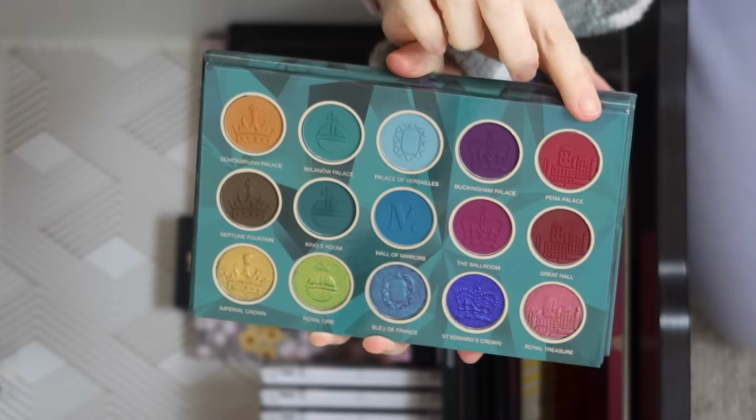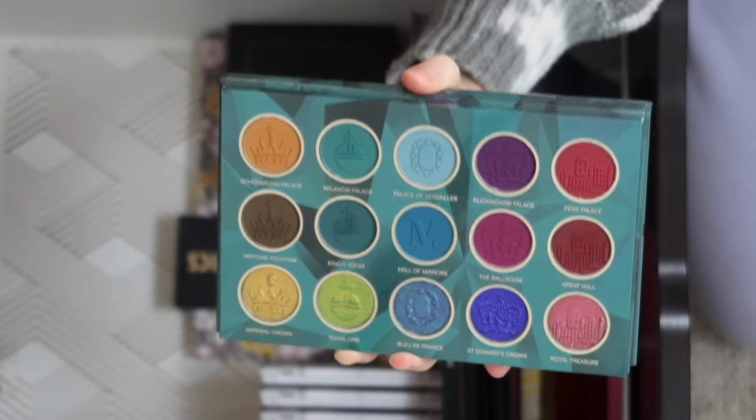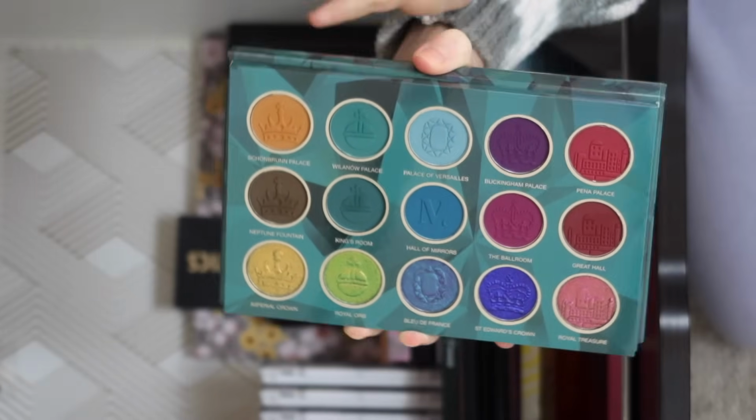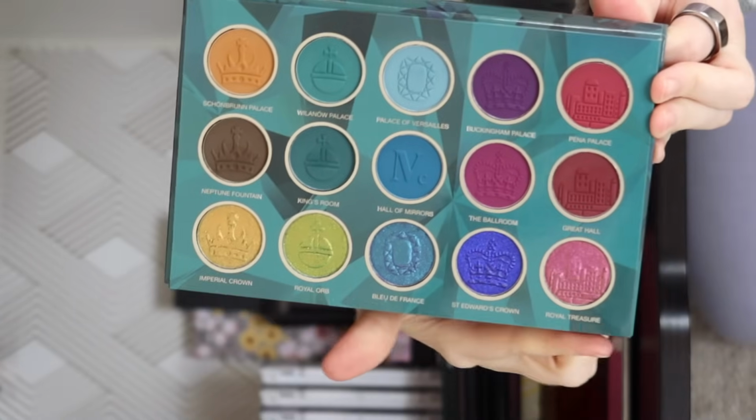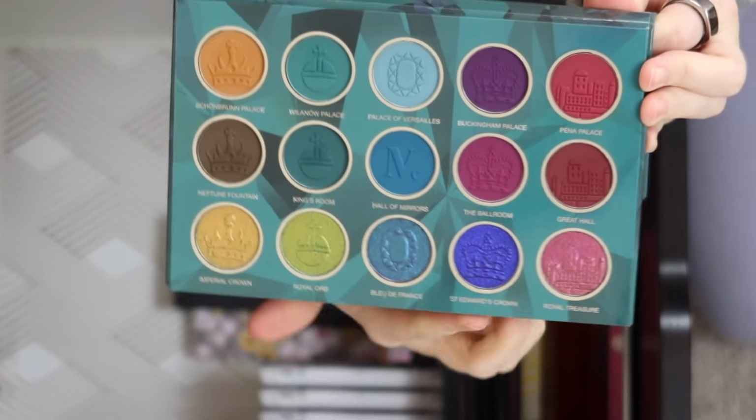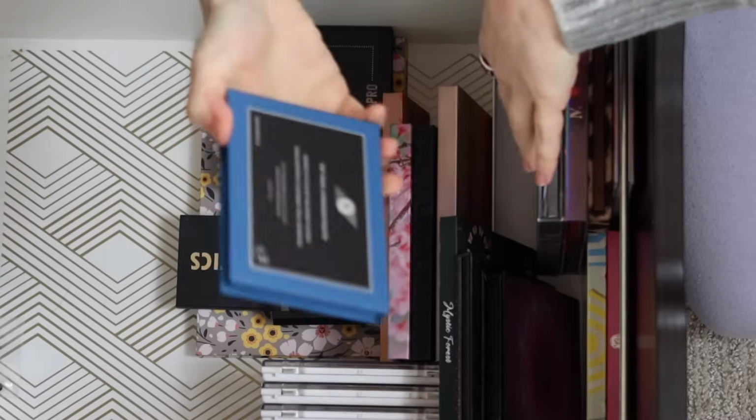The reds also, I could even do a green and red look with this, which I don't know if I've ever done before, but I think that might be fun to try. And I don't know if you can tell, but this bottom row is all multi-chromes, which is just so much fun. Also from Nomad,